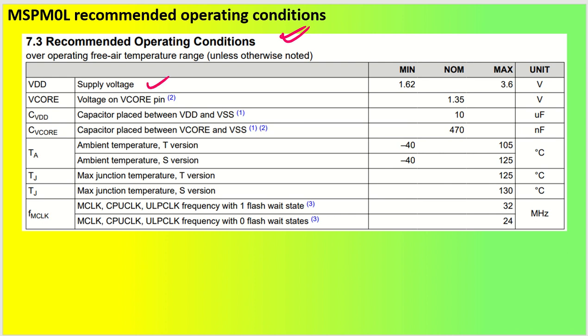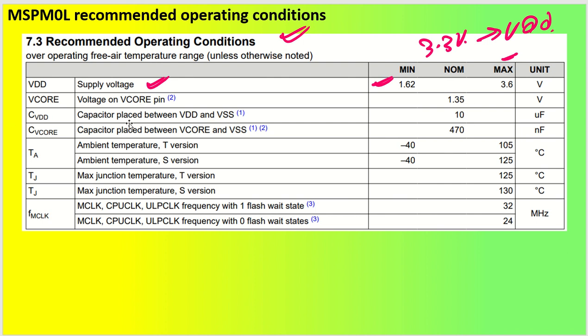So if you see supply voltage, VDD supply voltage can take a minimum of 1.62 volt to a maximum of 3.6 volt. So our application will be 3.3 volt. So our VDD will be equal to 3.6 volt. Now it has core voltage, which is 1.35 volt. This is the output pin, but this must not be loaded. This core voltage pin is actually used for your internal circuit. So this is the core application which is going to be 1.35 volt.